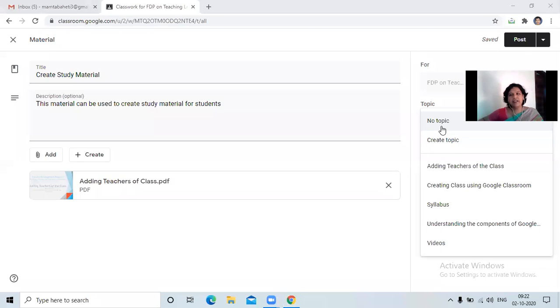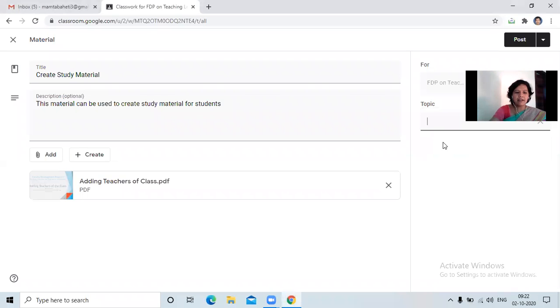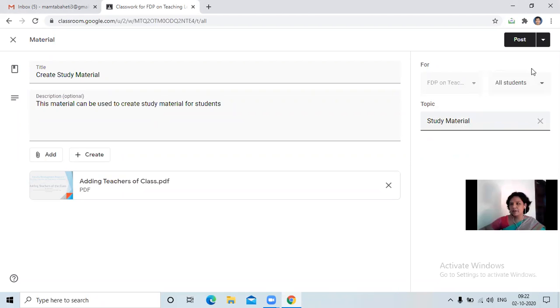If it is study material not belonging to any topic, then choose no topic, but I feel it should have some topic name. So I can create it from here. Suppose I am creating a topic like study material. So at runtime, I have prepared the topic.